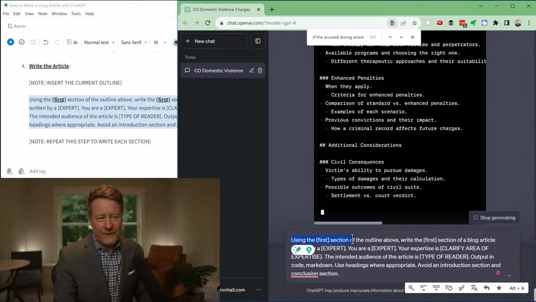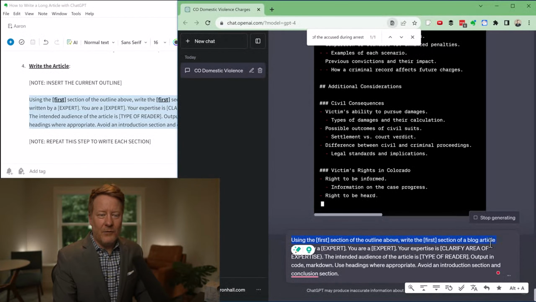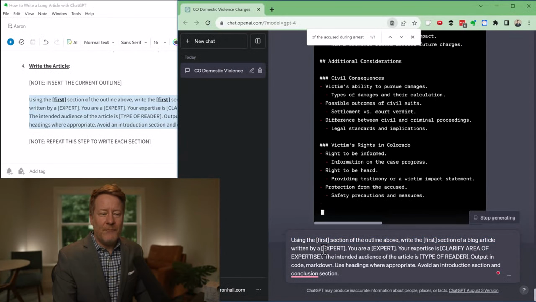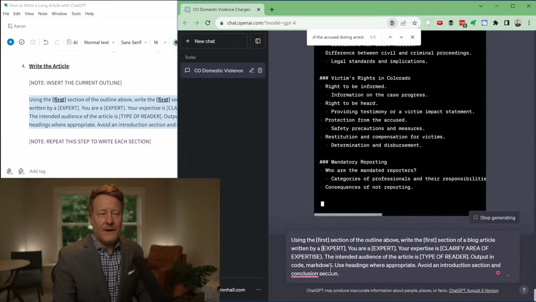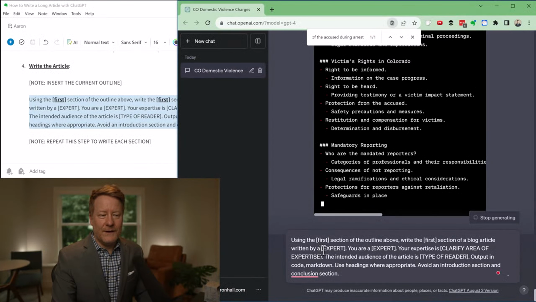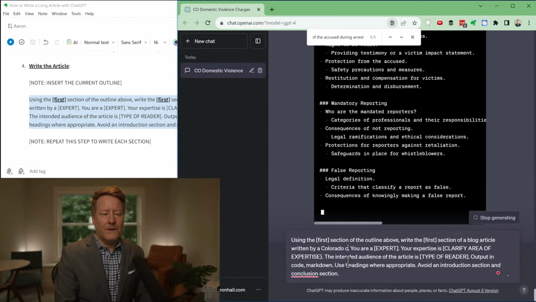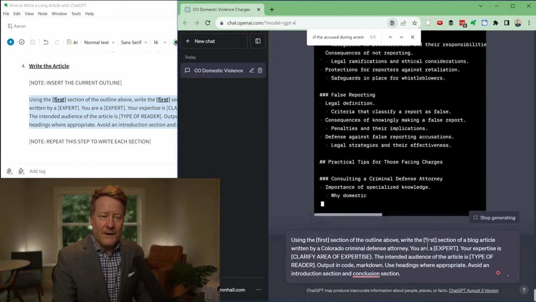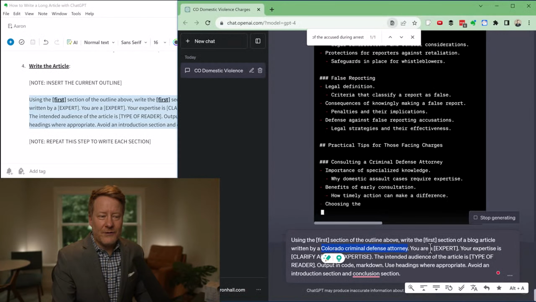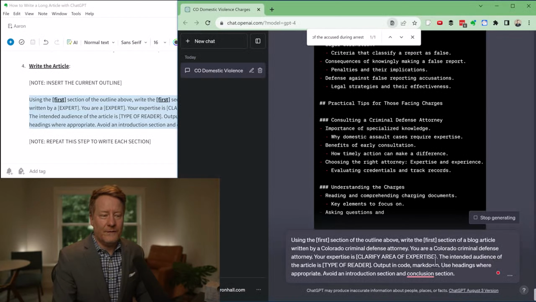Using the first section of the outline above, write the first section of a blog article written by, and then we insert the expert's name here. And so in this, I think we're going to say Colorado criminal defense attorney. And then we'll tell ChatGPT, hey, you are a Colorado criminal defense attorney.